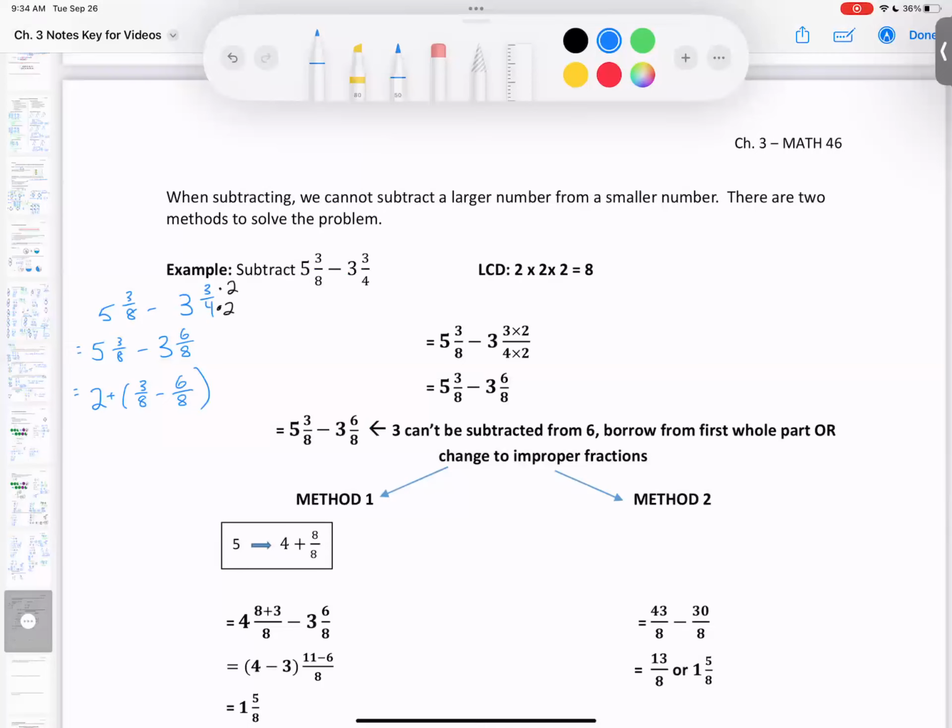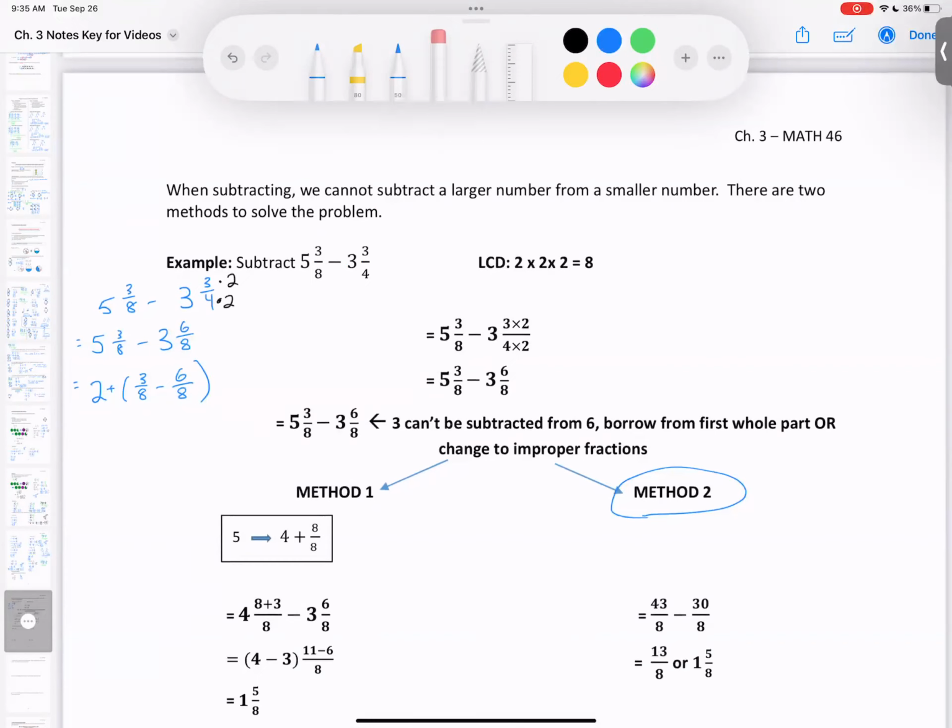Well, we can no longer do that. We don't have enough. So we have two options here. The option I tend to do is if I see something like this, I'll just do method 2, which is where we converted those original mixed numbers into improper fractions, found a common denominator, and then subtracted them. But the other way you can do it, if you like, is you can borrow. We still have 2 whole of something there. So what we could do is say, well, that whole 2,